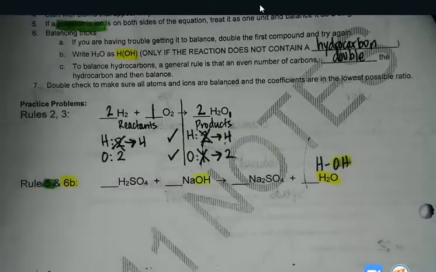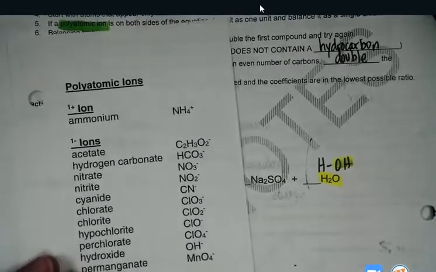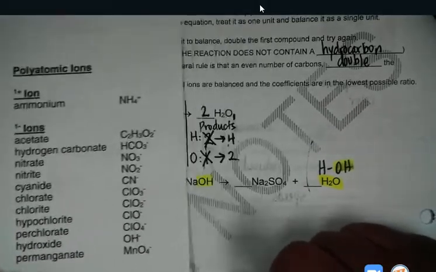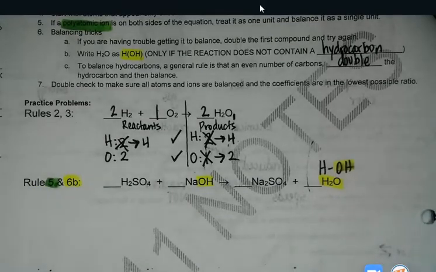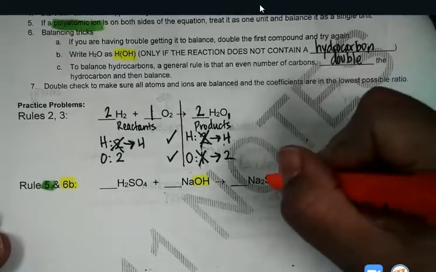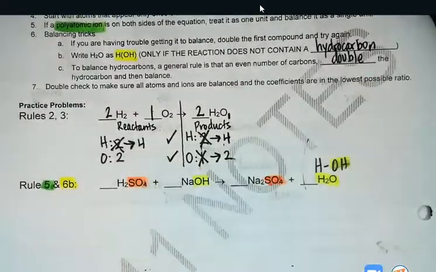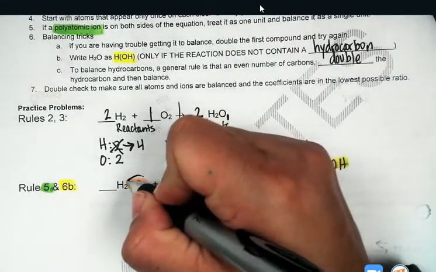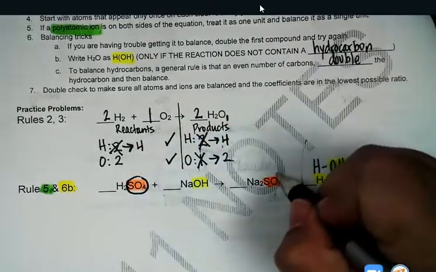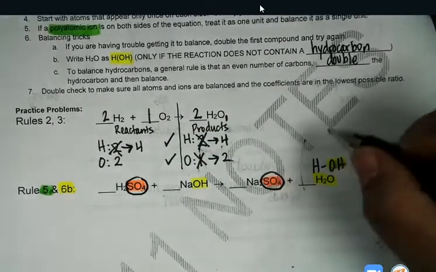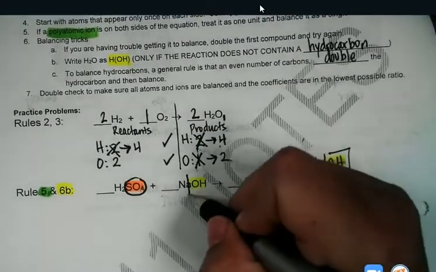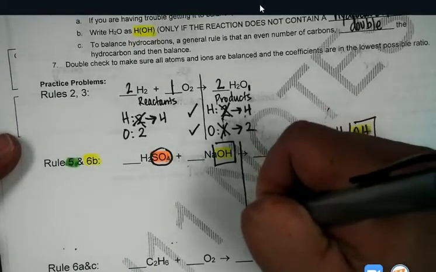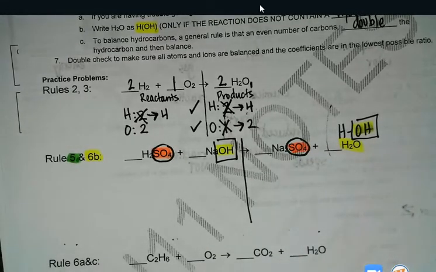So why did I do that? Because now you can see that hydroxide is one of my polyatomics, so I want to keep that together. Do I have any other polyatomics? Yes. I have SO4. So I'm going to keep those together. I like to also just do a notation around them. So I circle this one, they're the same, right? And maybe I'll box this one and that OH. Okay? So now I do my atom/polyatomic inventory, because I'm going to keep those units